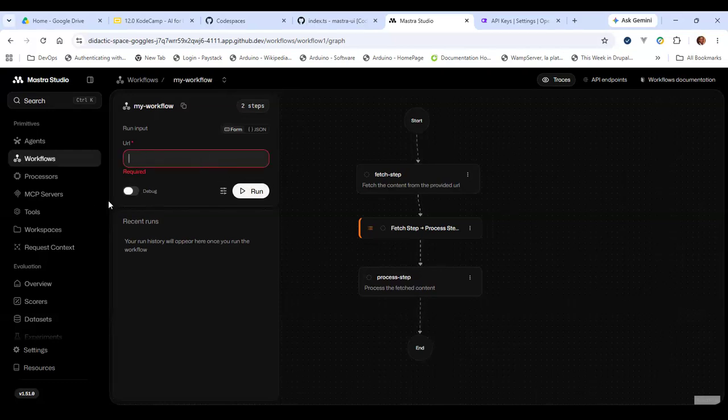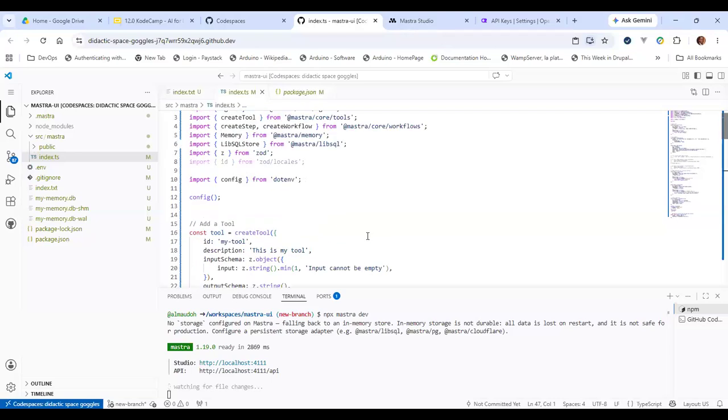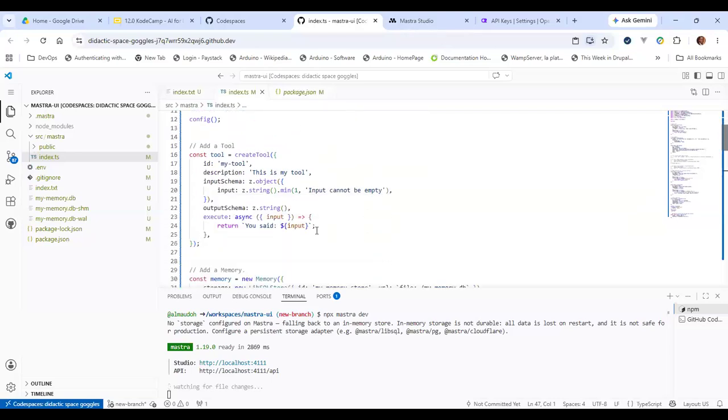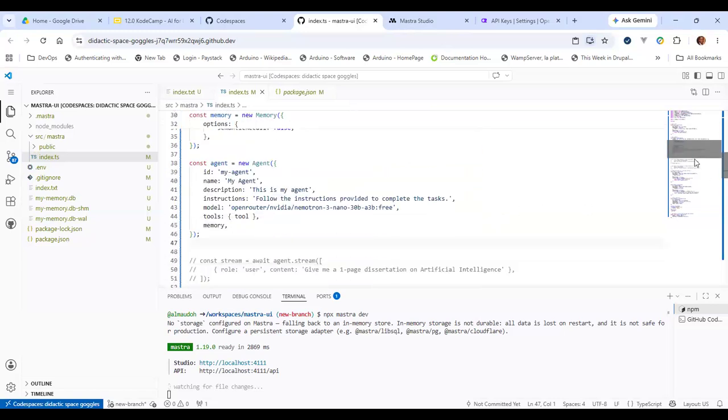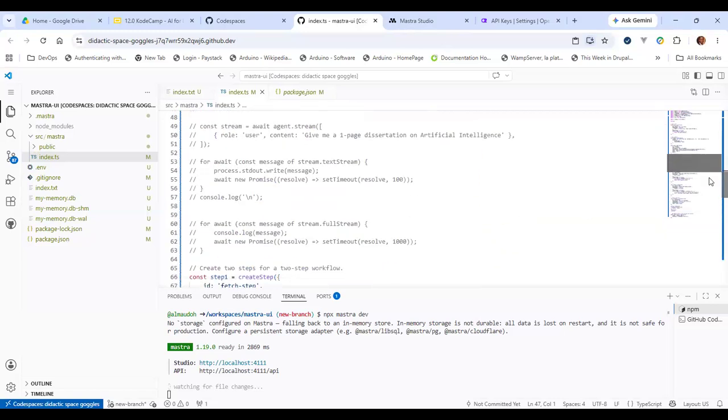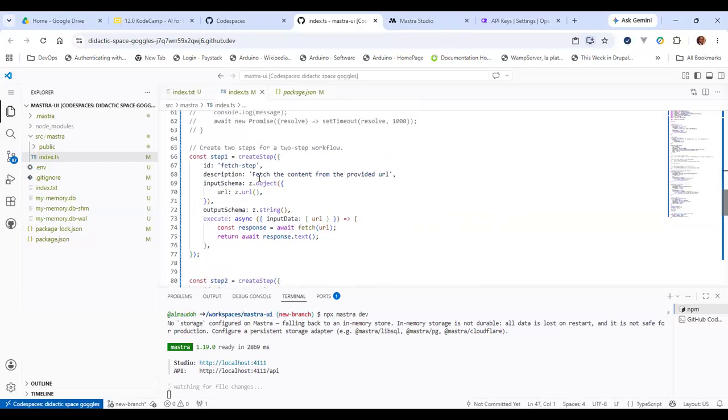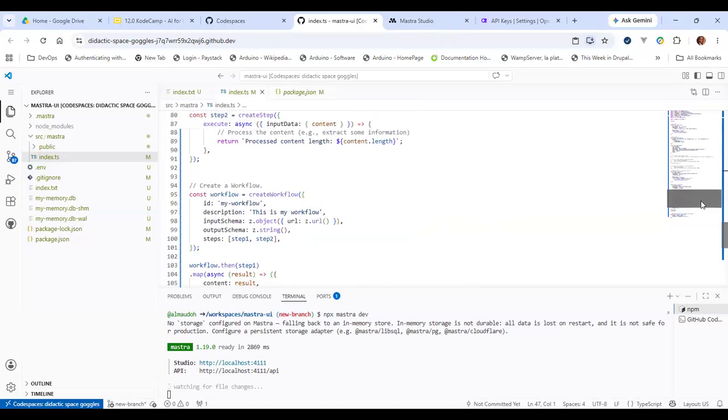Since it's defined with Zod, this maps to Zod. So you can actually see the input schema that we had defined with Zod for the workflow, right? We have created a step called fetch step, and you specify the Zod input schema, a URL.